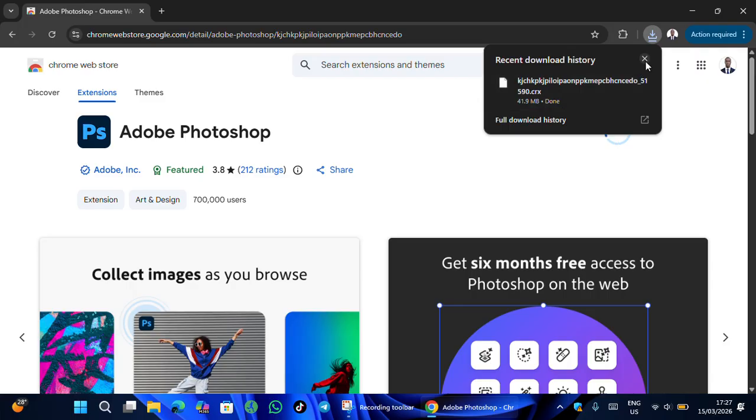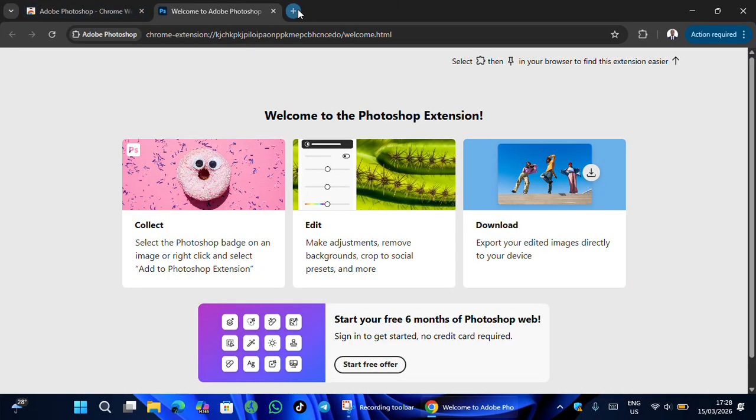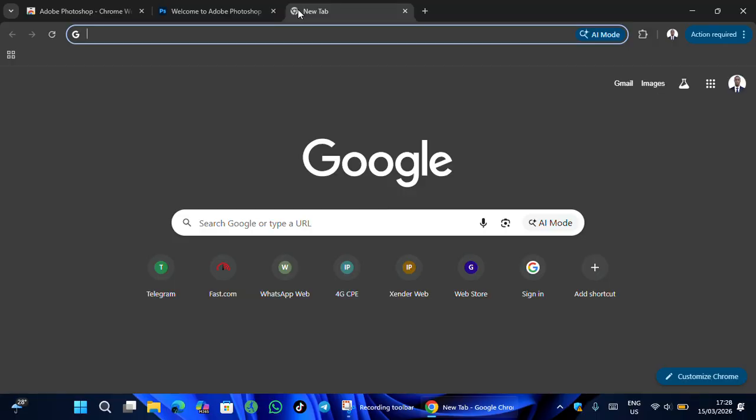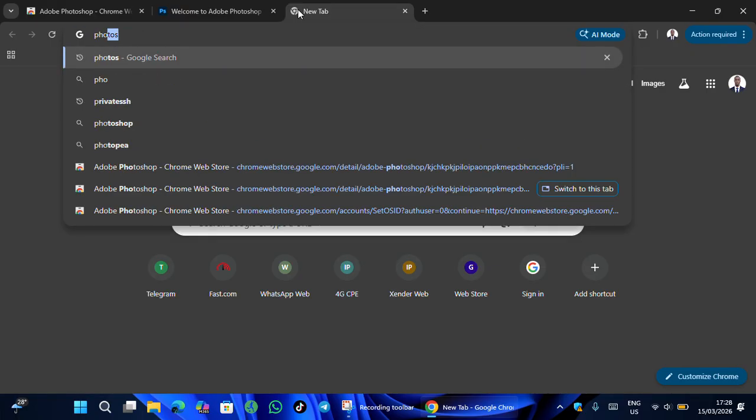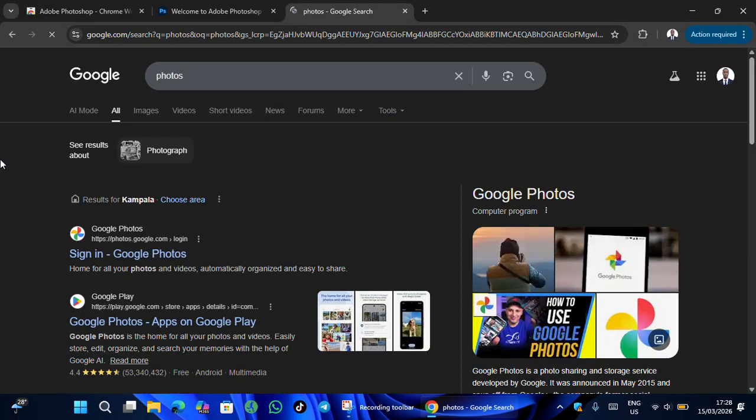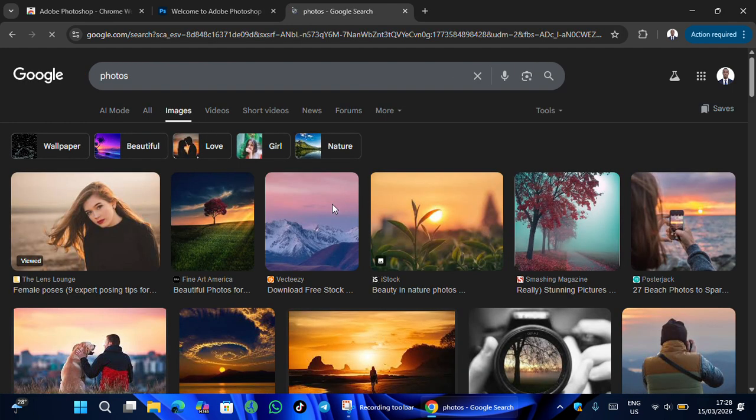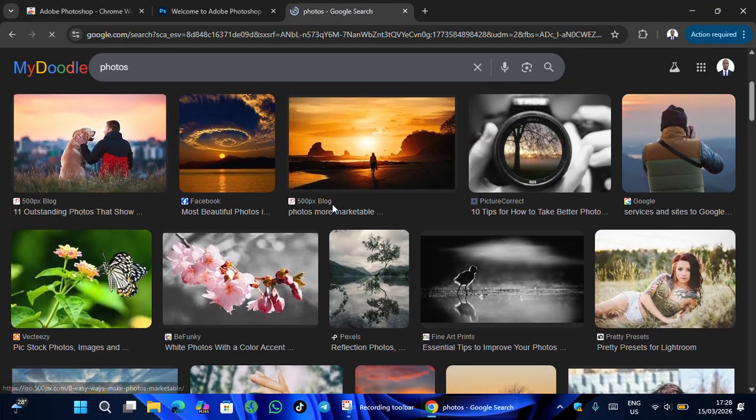Successfully, the download has been completed, and I'm waiting for it to be added. Then I'm going to try to use this extension. Try to look for any photo on your PC, your phone, your MacBook, or any Chromebook. So let me search for photos and I'll show you. You can upload photos from your mobile device, and you can use it as you use your Adobe Photoshop. Let me try to